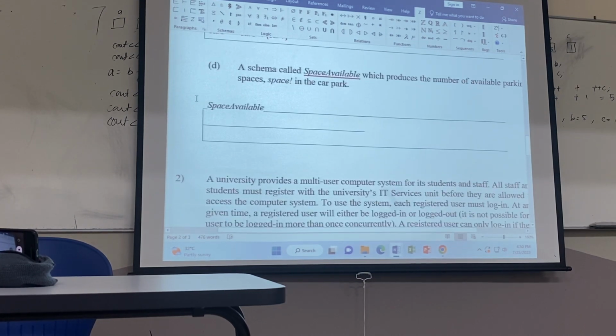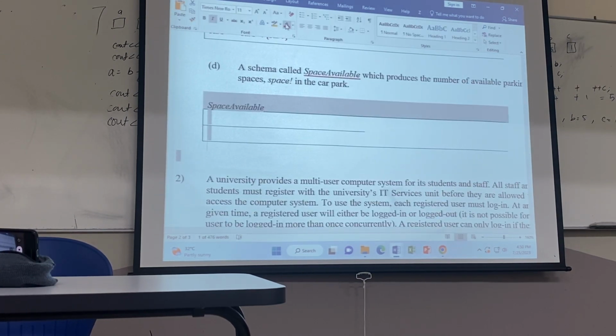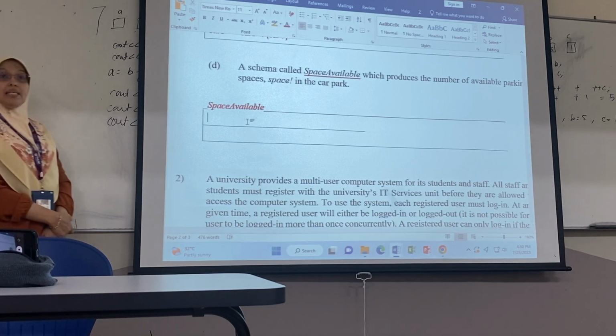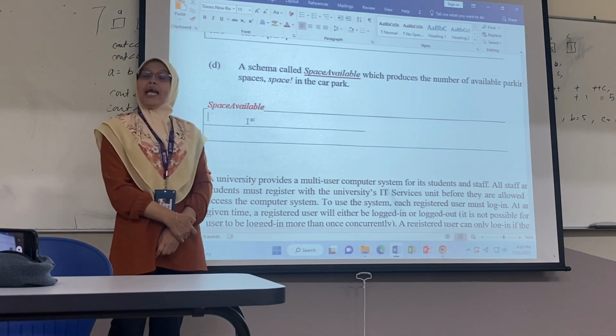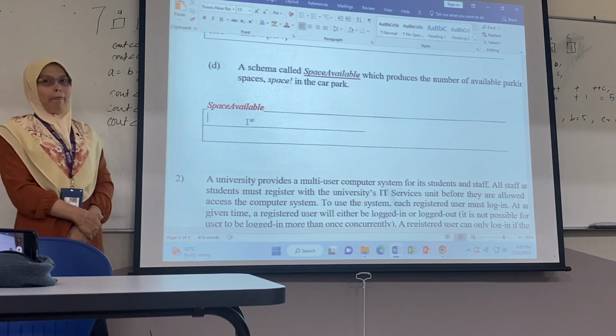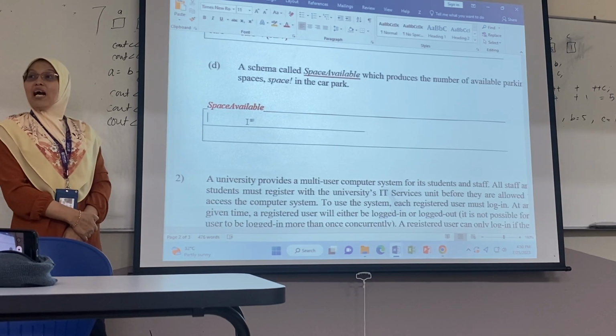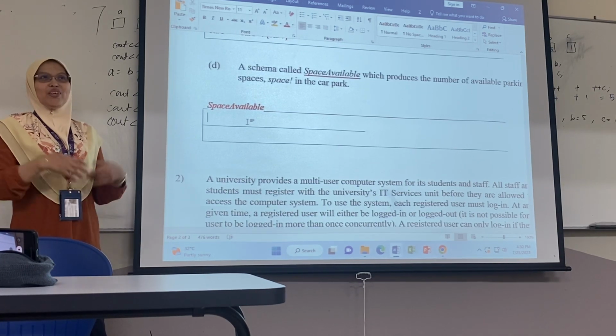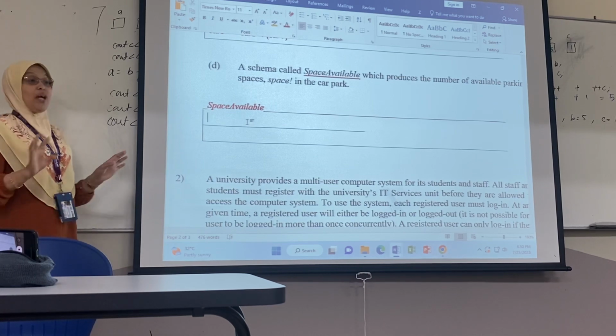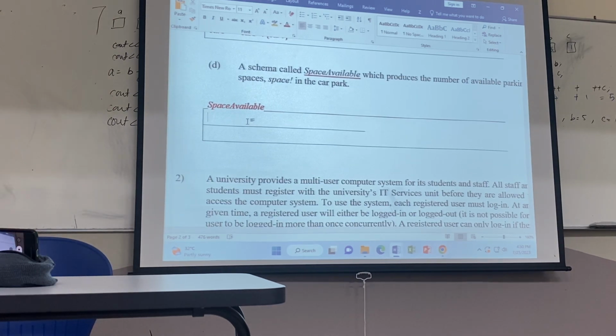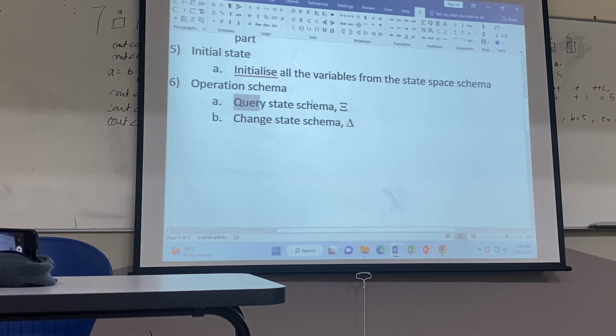Okay, follow the name to know how many empty spaces are available here. So if I want to know how many empty spaces are in my database, in my parking, is there any update to my database or not? No, I just want to know only how many free spaces. That's all. I don't add any data. I don't remove. I don't do anything. So it means that there is no update to my database data. So when there is no update to my database data, this is where your query state schema